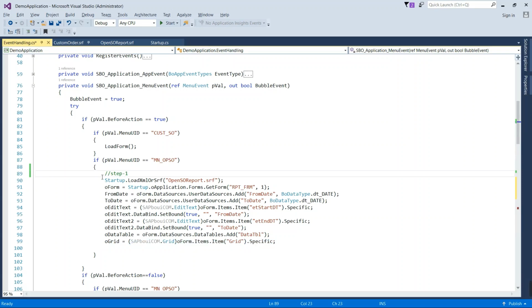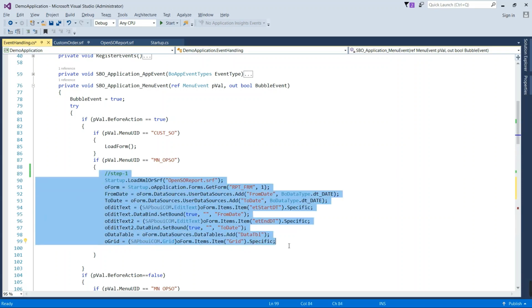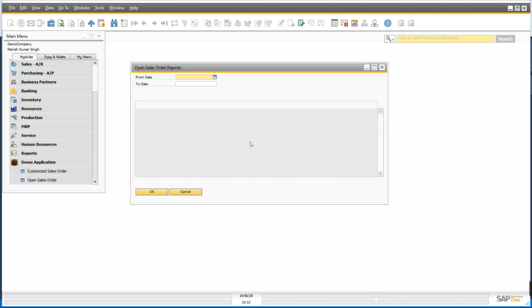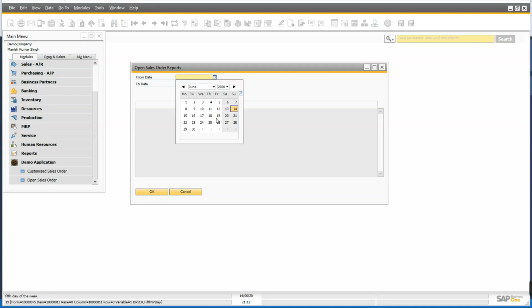So in the menu click event you can see I have written this code, and let's open the form. You can see this icon is here just because we have bound this field with a user data source whose name is from date. That's why this icon is coming here. If you do not bind, nothing will come like this.